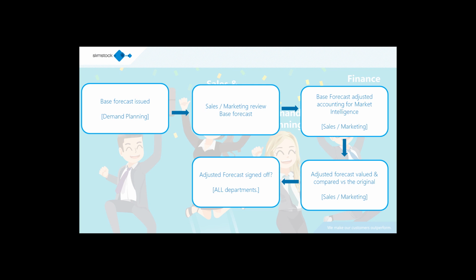Then during the monthly meeting itself, the adjusted forecast is reviewed by all parties, reasons provided for any significant increases or decreases, and finally the forecast is signed off. And then the final stage is to deploy the adjusted forecast into the live system and produce a summary of the adjustments that have been made to the supply and operational teams.